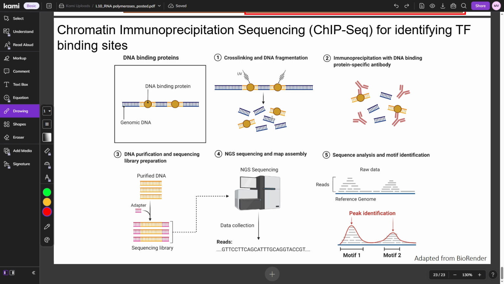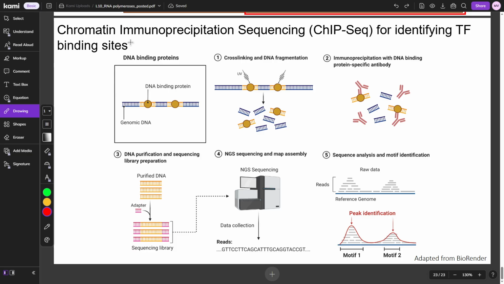So this is ChIP-seq. Very briefly, I'm not going to talk about this too much. You talk about this a lot more in 442. Basically what's going on is, if I've got a section of DNA that's maybe a promoter region, or an enhancer region, or a transcription factor binding site, and I want to figure out what that binding site's region is, like what the DNA is there, right.